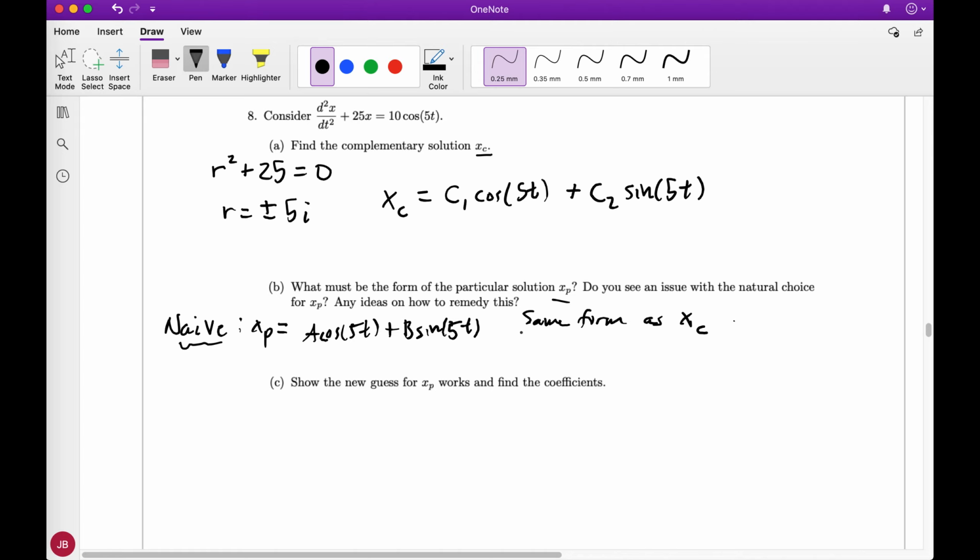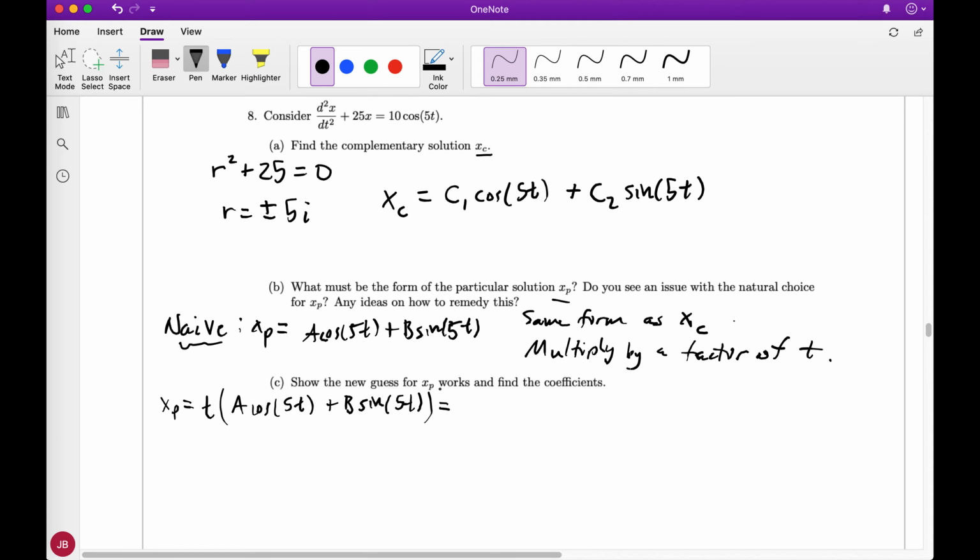So anytime this happens, anytime your particular solution is of the same type as your complementary, you do the following. You multiply by a factor of the independent variable. In this case, that's t. So now our new and improved xp is t times a cos 5t plus b sine 5t,